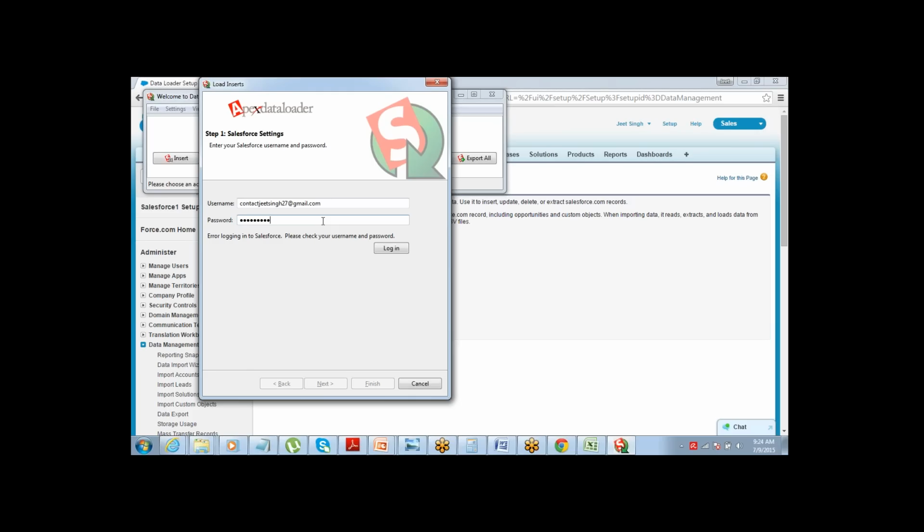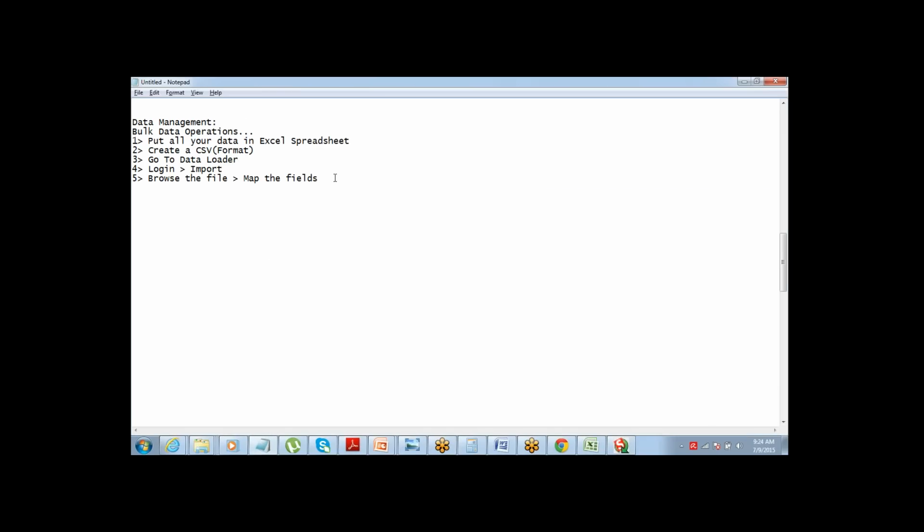The reason for that is it requires one additional password. While logging into Data Loader, for security reasons, Salesforce requires one additional password, which is called a security token. So to be able to log in to Data Loader, you need the security token.